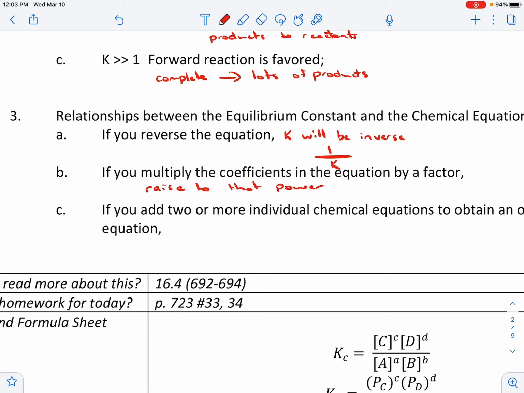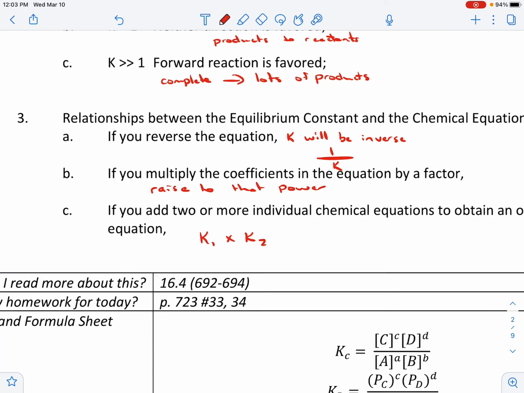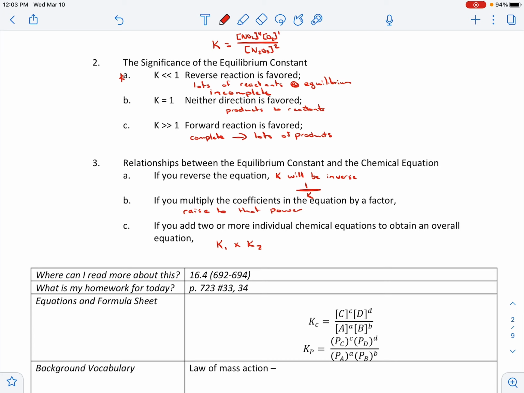And last but not least, if we have 2 or more individual reactions that we add together, we will just take K1 times K2, right? We multiply them together to get our Ks. So that's the first part of this, but we're also kind of continuing on this road because these next 2